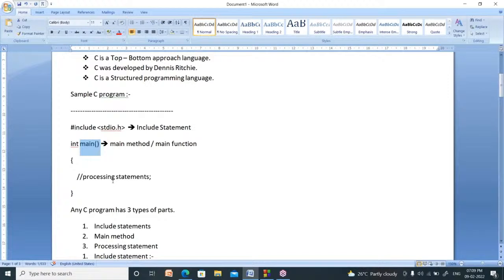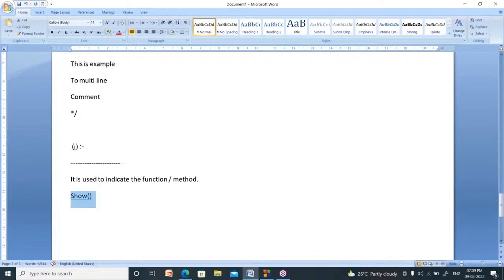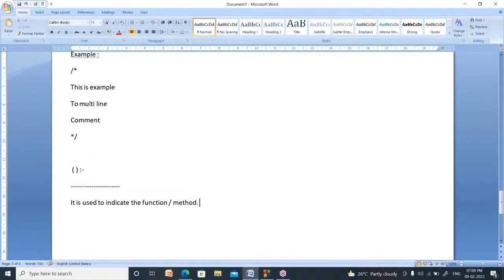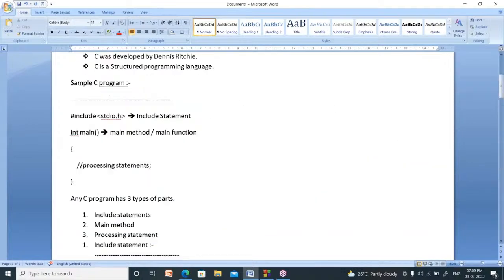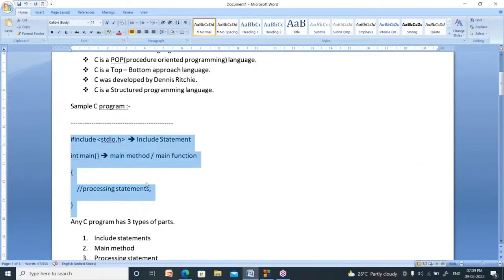If you write like this, show, after using these round brackets, it is called the show function. Function name is show. It is the show function. Like this, it is the symbol of a function. Right. This is about the main program or sample C program, right?